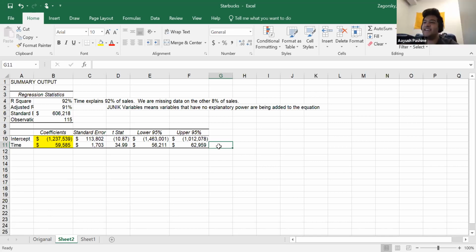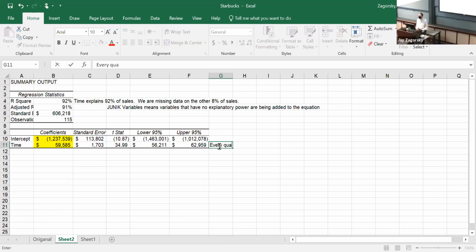So I guess for every quarter, Starbucks revenue increases by 59 million because it's in thousands. All right, Ayush, round. 60 million. Every quarter Starbucks revenue goes up about 60 million.